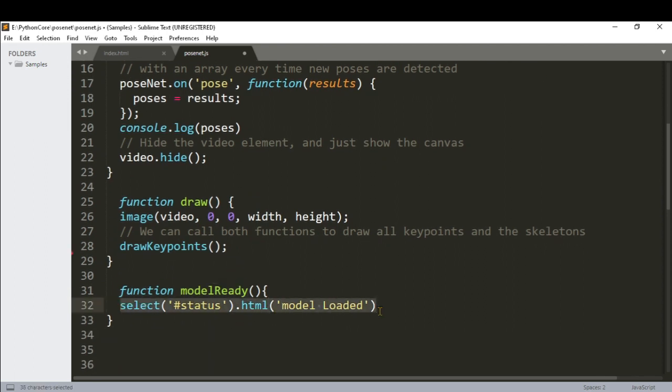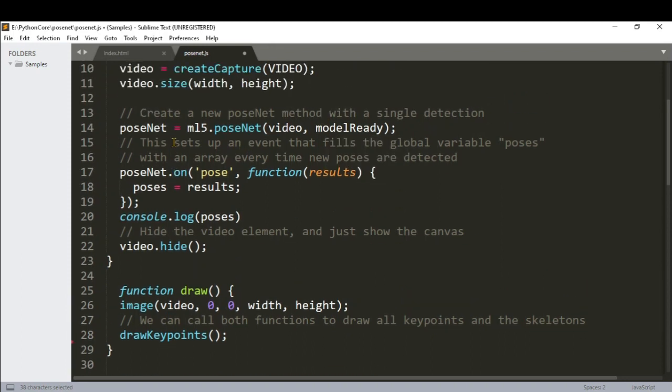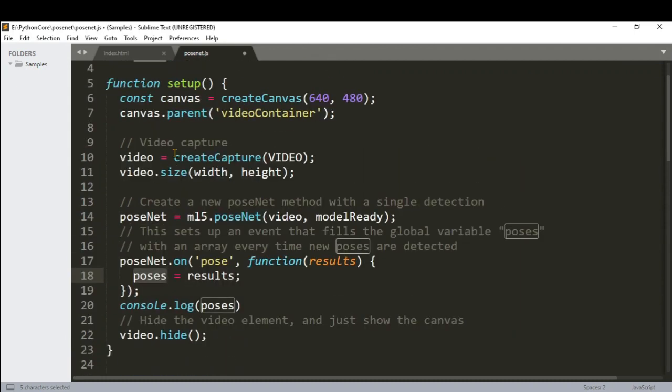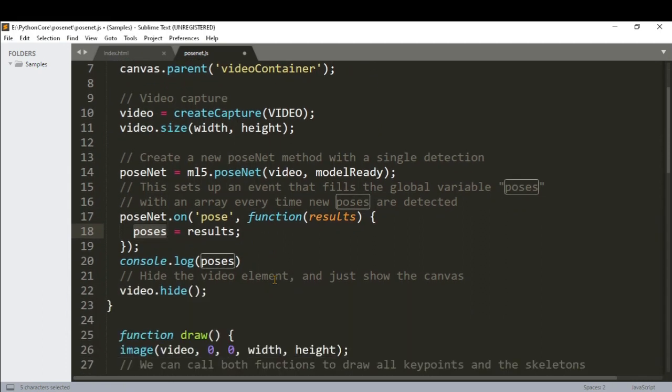Once the model is loaded, we will get an async method, and it will set up the event when the model is ready. Once it is ready, we will use the posenet.on and we will pass the results into this poses. So it will set up an event. It will fill that global variable poses, which is kept here, with an array every time new poses are detected.